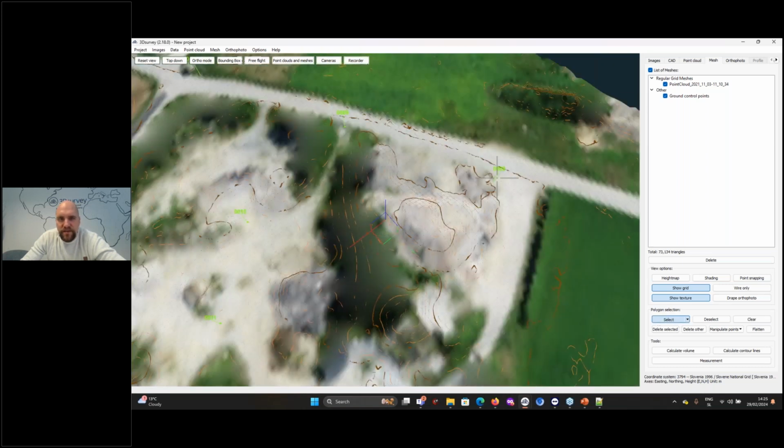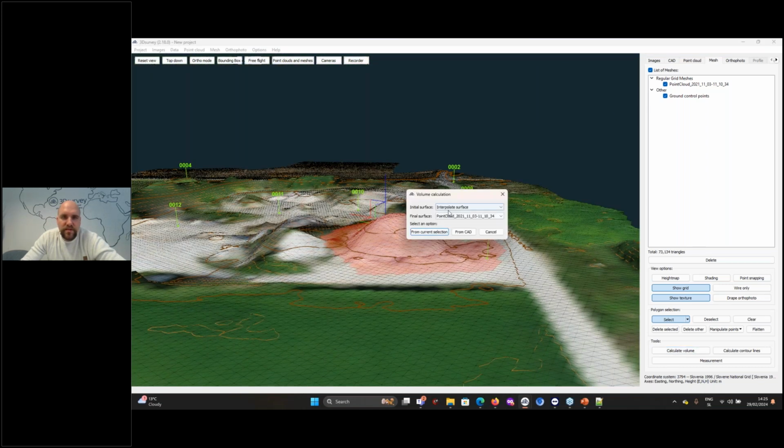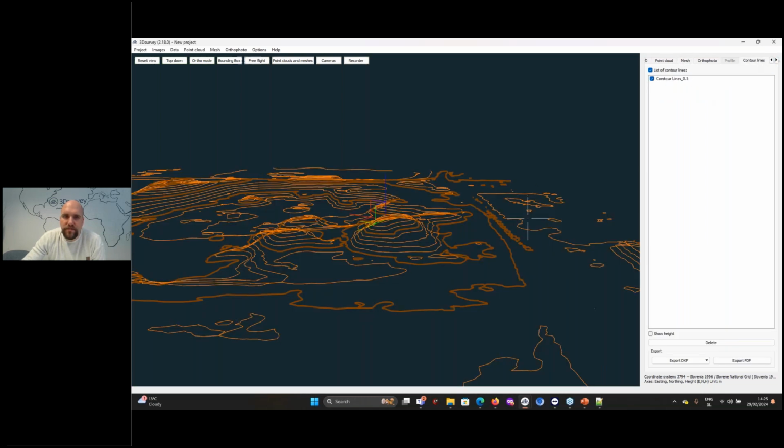So if I just manually select an area like so, and press calculate volume, now the initial surface will be interpolated and the final surface will be the one calculated from the point cloud. And already we have a volume here saying that we have about 1,000 cubic meters of material.